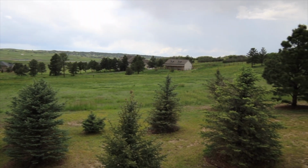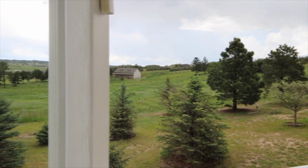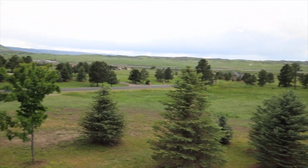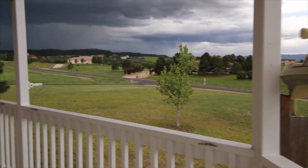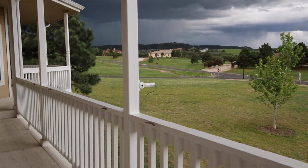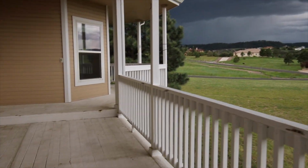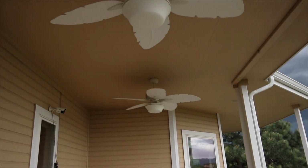There are a lot of birds out here. I'm not sure if you can hear it or if our noise cancellation is preventing you from it, but they are out here chirping and squawking and singing all around. The property line actually goes all the way to the street right there. This is a corner lot, and you can kind of get a feel for how this porch wraps around, and we're going to span up and let you take a look at the ceiling fans just to cool you off on those